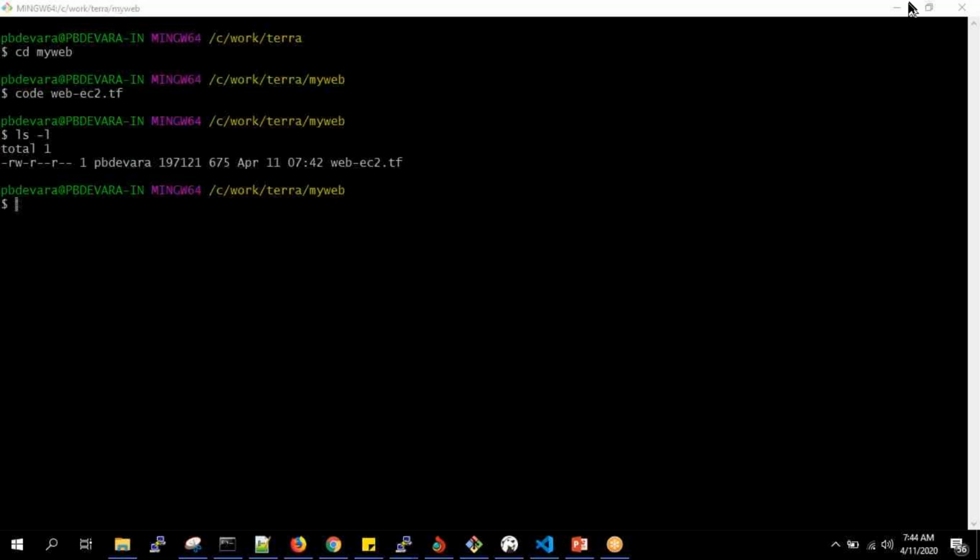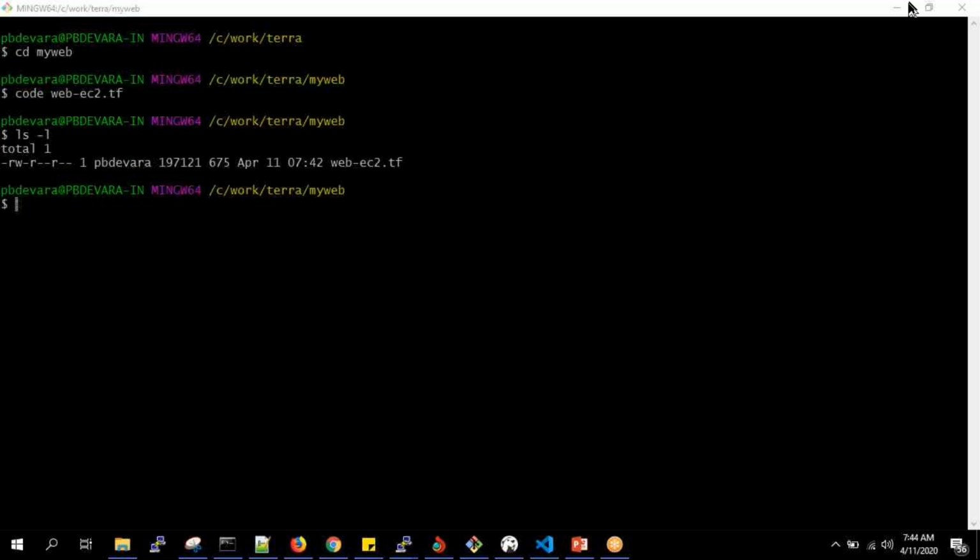Welcome to Terraform Loading. In this session, we are going to talk about how to break up the environment with a simple sample of a web application server. So here, I'm going to create a directory for my web. Here, I'm going to use the EC2 instance on my AWS. So let me go into the directory which I have created, where I'm going to create a file called